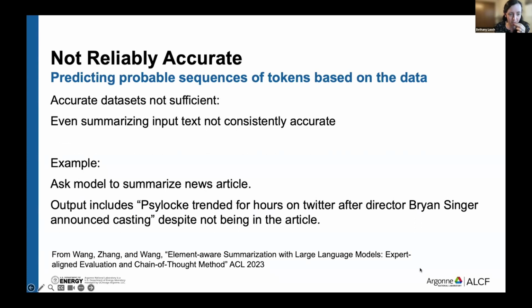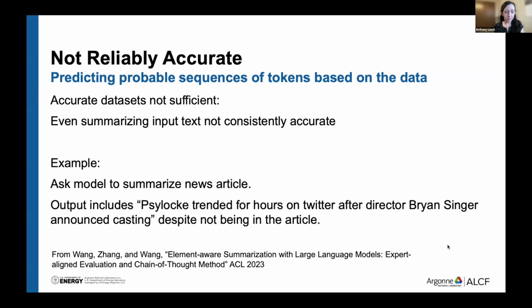Now, a big problem with large language models is that they're not reliably accurate. And people often call this hallucinations. People talk about this a lot. The LLM is trained to predict probable sequences of tokens, which is not quite the same as accurate. And training on accurate data is not enough to solve this problem. So as an example,